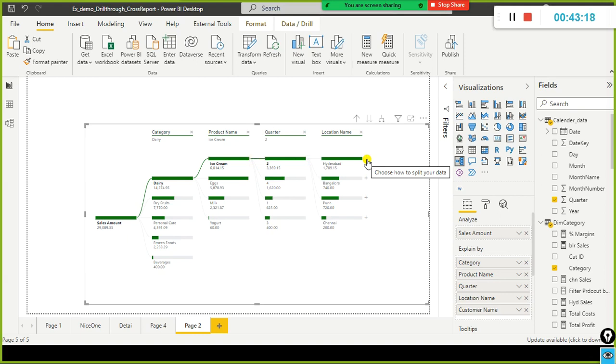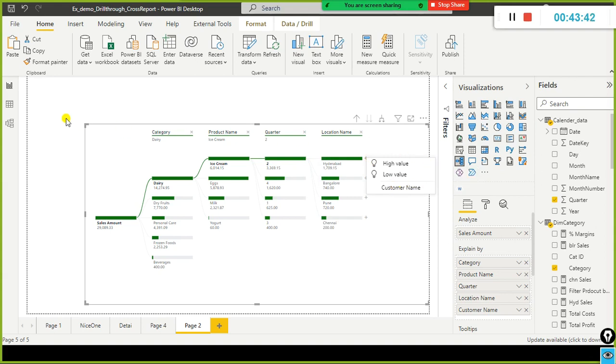It gives the breakup for all these things, 1700 and 2000, 3000 and 400, something like that, right? So this one gives the breakup for this one. So second quarter we made more sales, but in Hyderabad we made this much. Even for this it gives the breakup. This is a very nice feature. So you can see the customer name also.